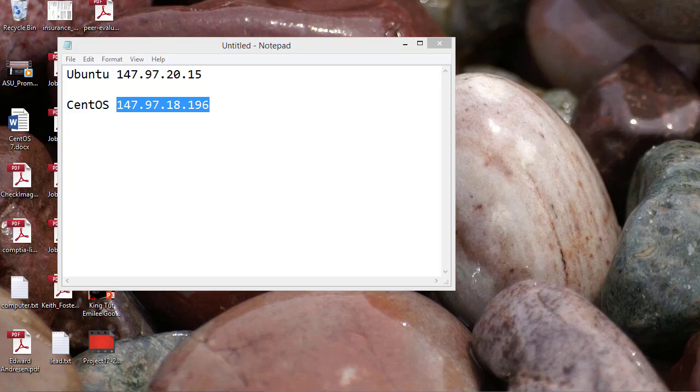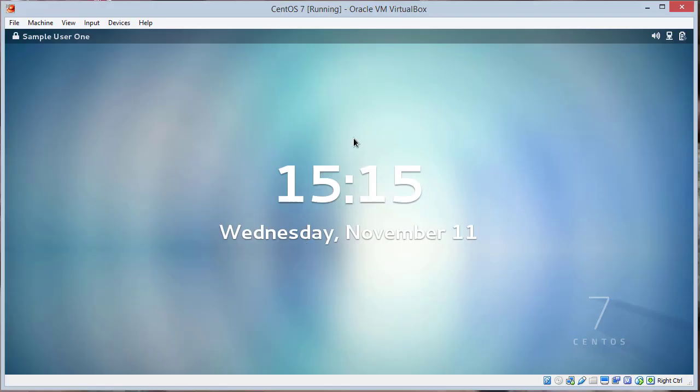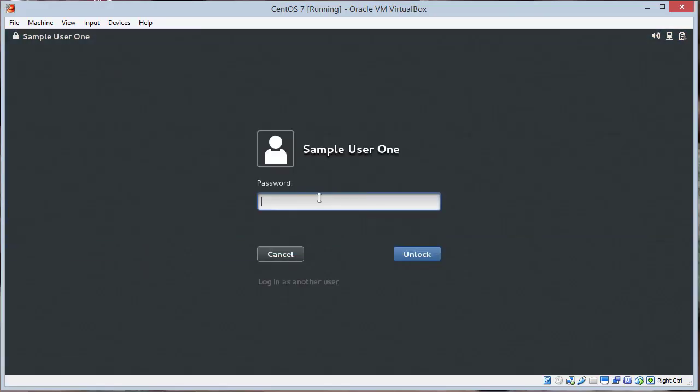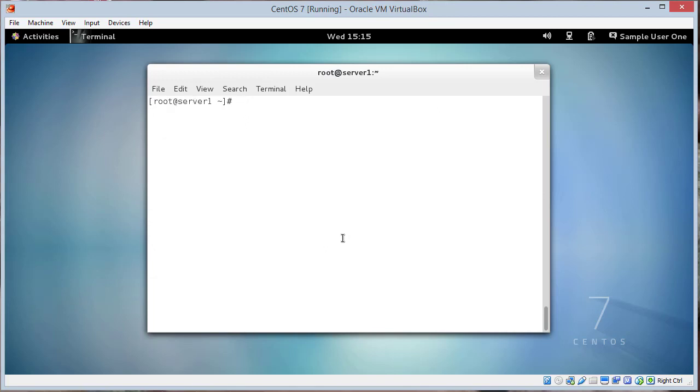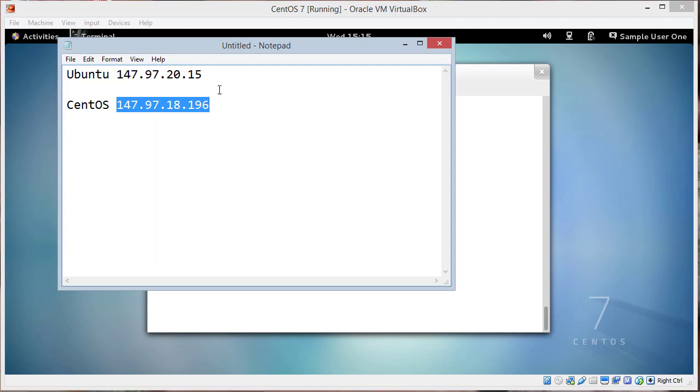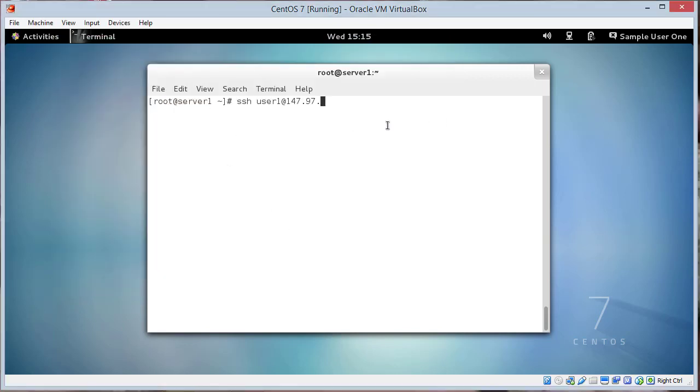Now I'm going to continue on with the lab. It tells us to go back in as sample user 1. Actually, it says drop to the command line and log in to the Ubuntu system. I can still do that from the graphical. I can type in ssh user1 at and put the IP address of Ubuntu, which was 20.15 on my system,